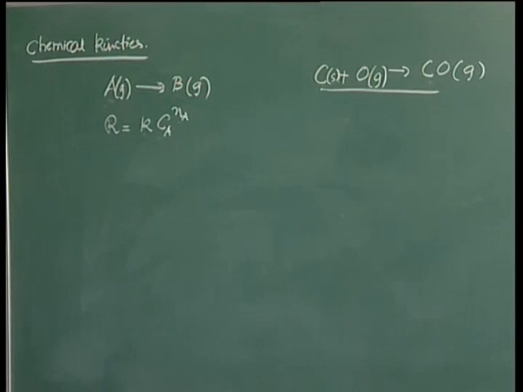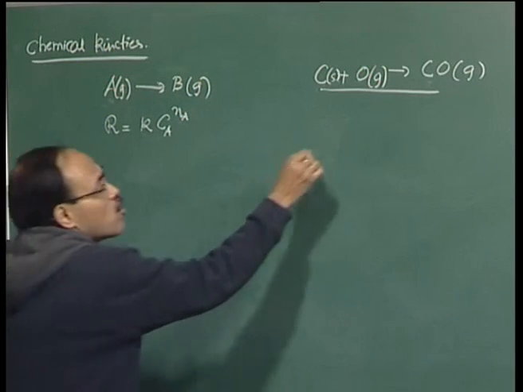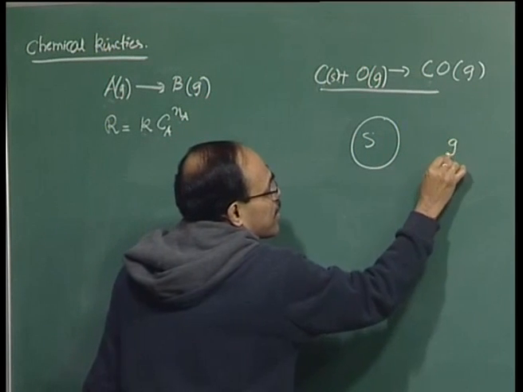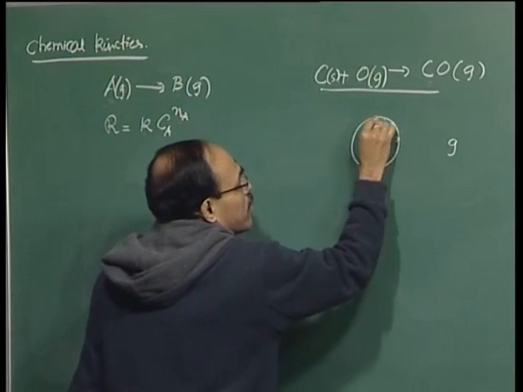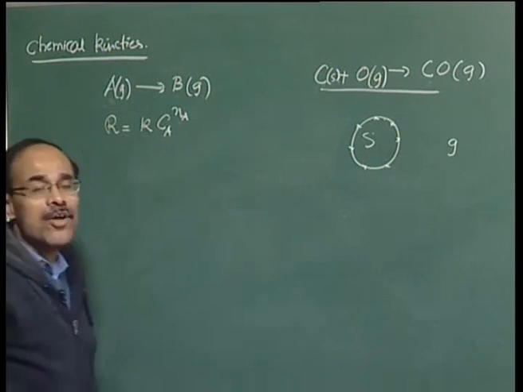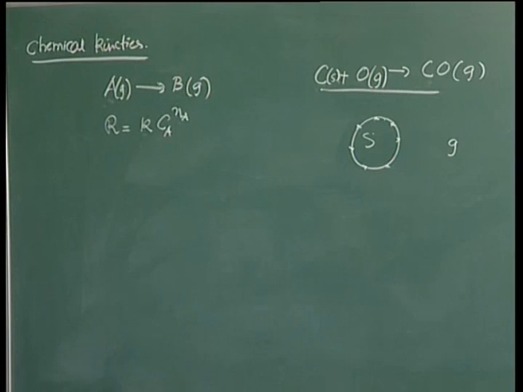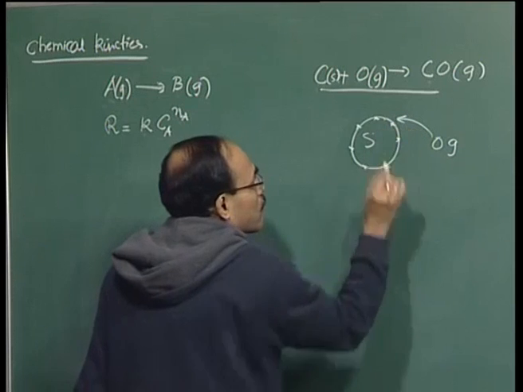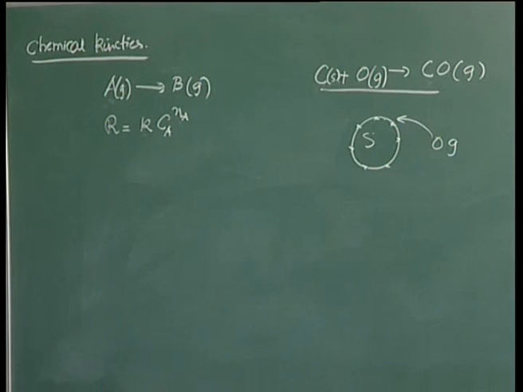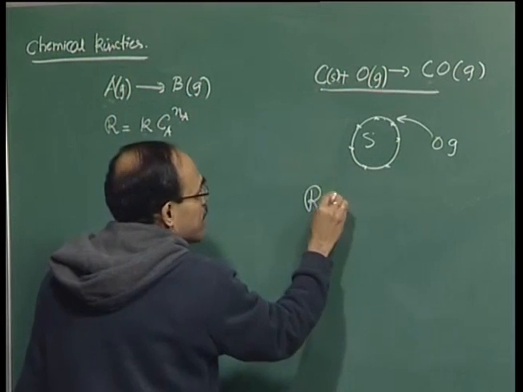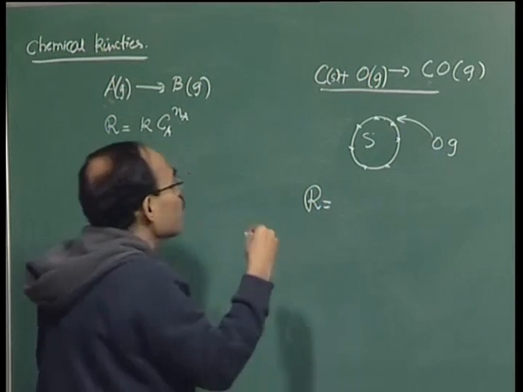So, this is a heterogeneous reaction, as you all know. We have the solid here and we have the gas here. So, the site of the reaction is actually the interface. These are the sites of the reactions, and as you can see, if you write down the rate in this particular case, I can say that the rates are always to be,